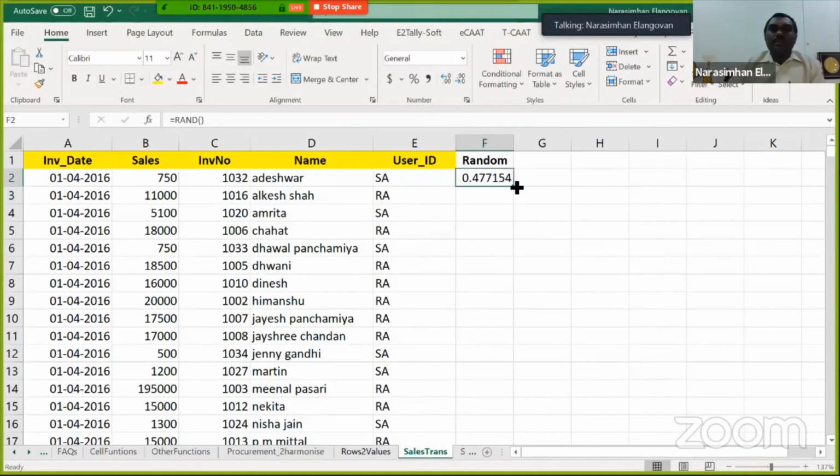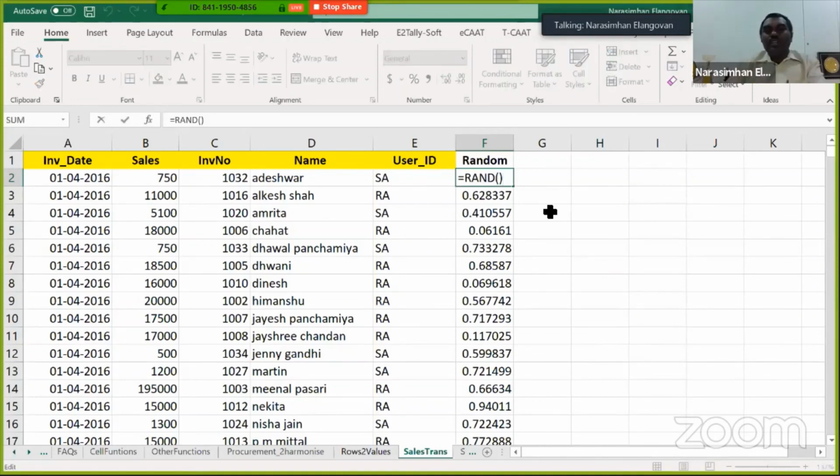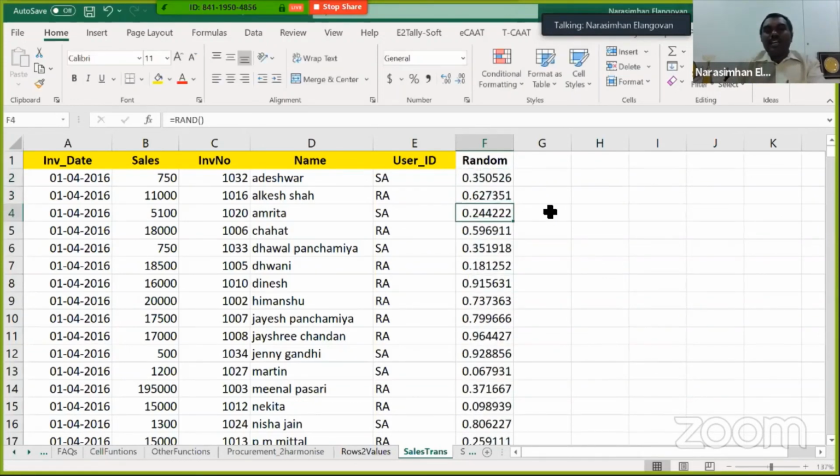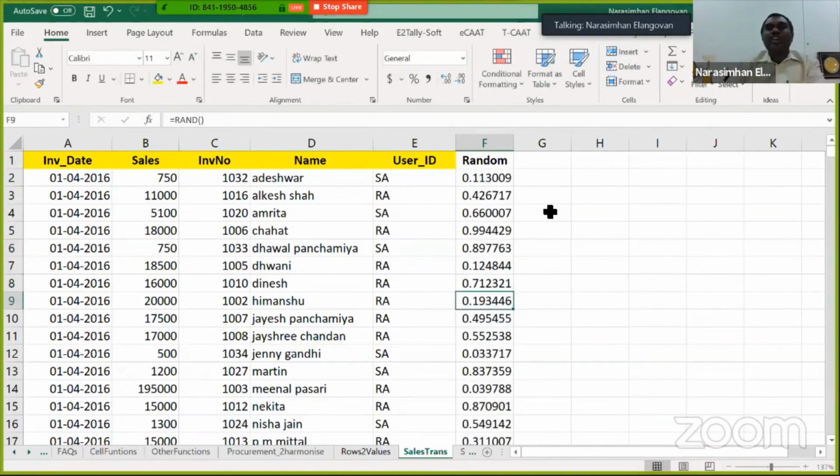Go on this, double click towards the edge, which is basically a flash fill. It fills all these values. Now look at the beauty of this. These values, you also don't know how I've got, I also don't know how I've got. In fact, if you use this, you will get some other values. Forget that. If I just press F2 and hit enter, see what happens? Every time I hit enter, the entire value changes. Why? That's why it's called random.